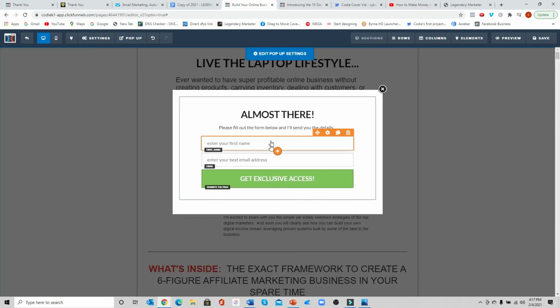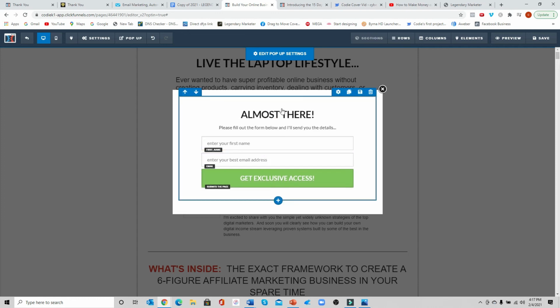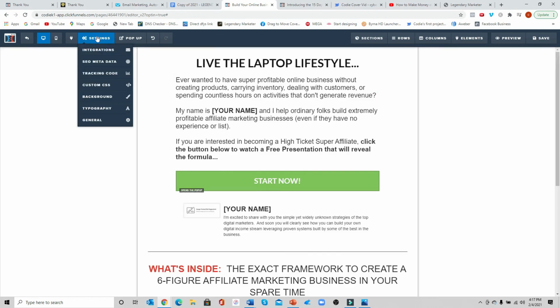And this is going to pop up. Now this is already automatically set up, so you don't need to do anything on this. If you want to, you can change some of this, but they're going to enter all this information. Now what we need to do is go in here and go to settings and